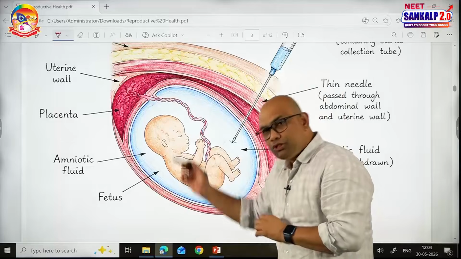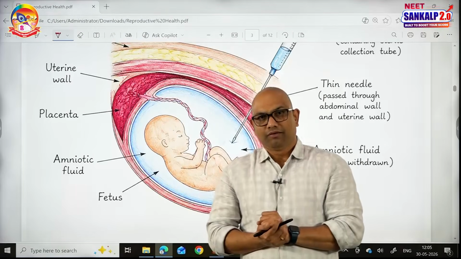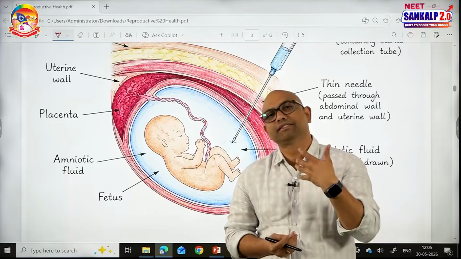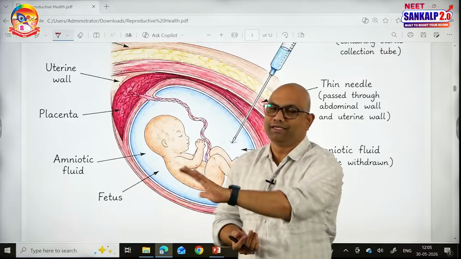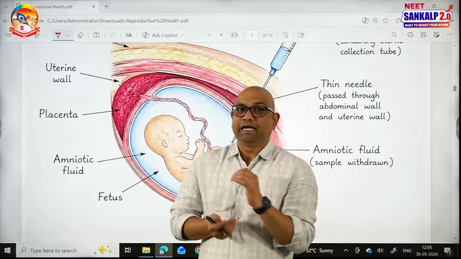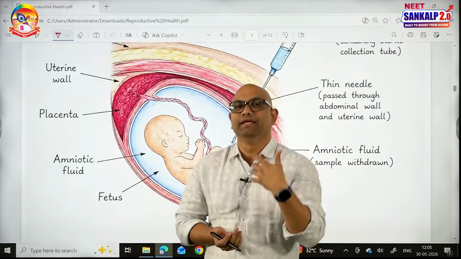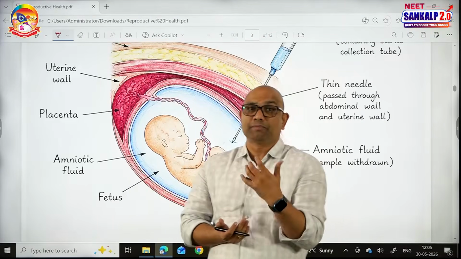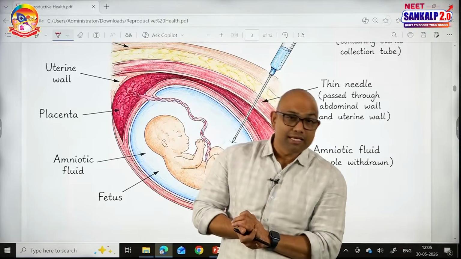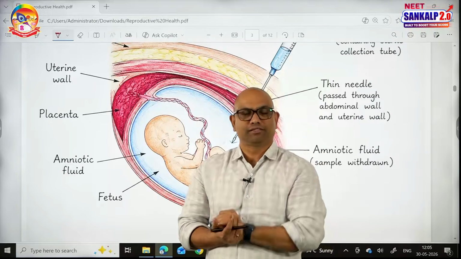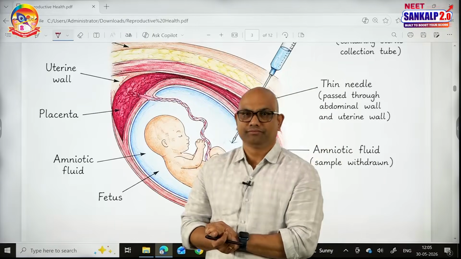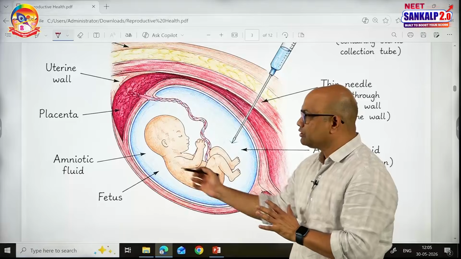But one misuse of amniocentesis is that, with the help of amniocentesis, the technician can determine the sex of the baby, whether it is XX or XY, regarding the chromosomal condition. So, amniocentesis can determine the sex, but determining the sex by using amniocentesis is illegal. Amniocentesis was banned for the purpose of sex determination to control, to check, to stop the increasing menace of female feticide, killing the female fetus. So, these are the points related to amniocentesis.